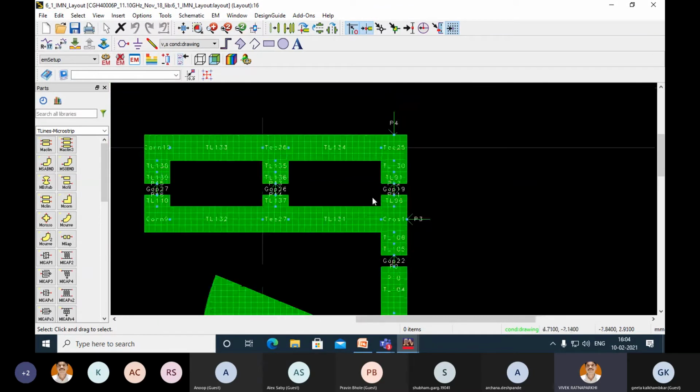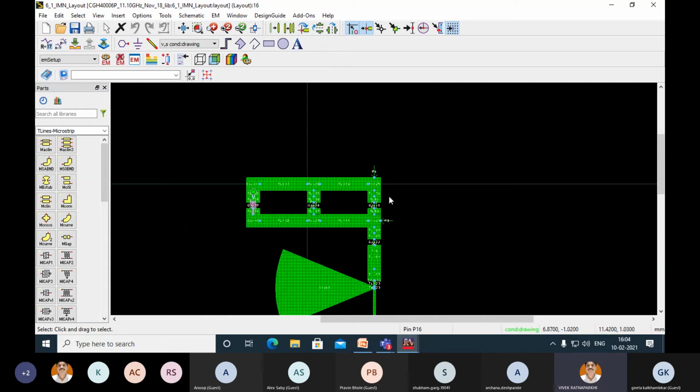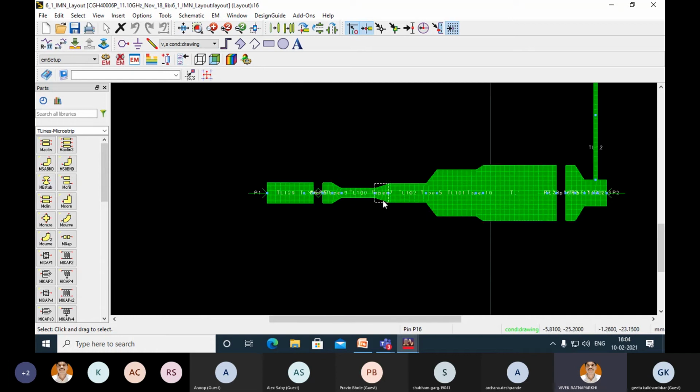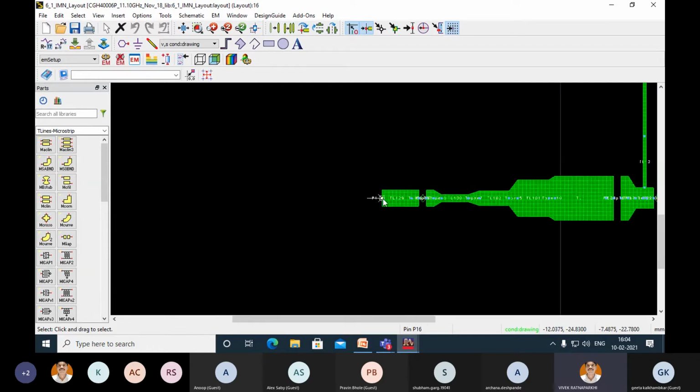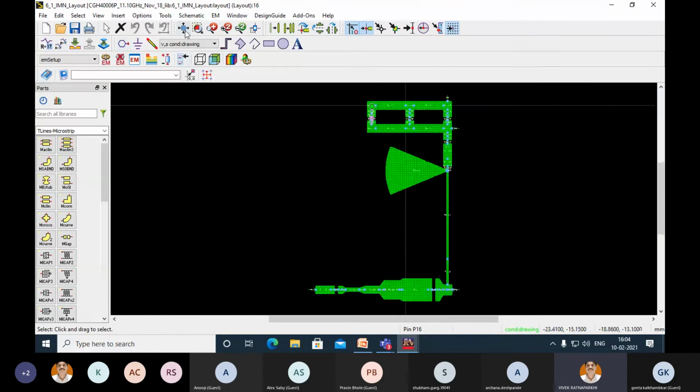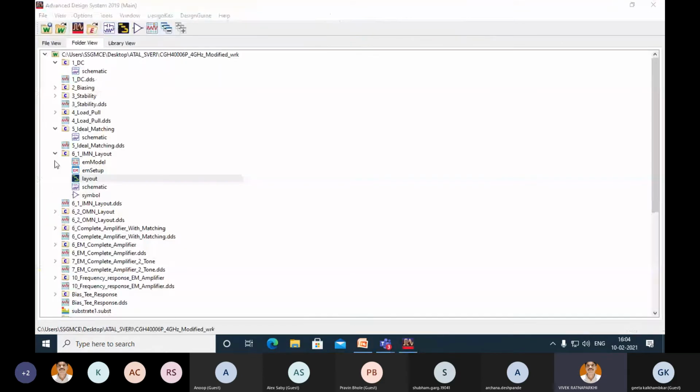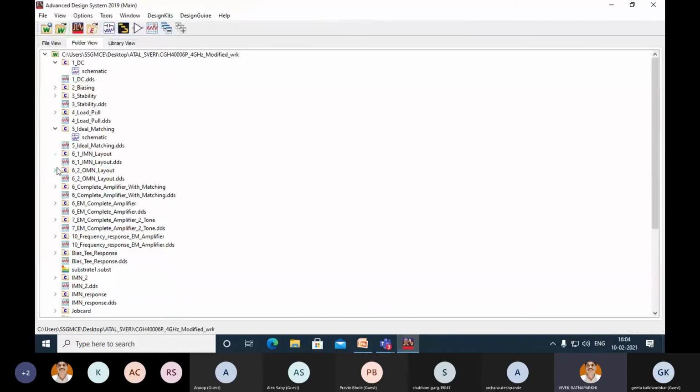Then I have 3 coupling capacitors in parallel, 1, 2 and 3. And here the actual DC will be connected through a jumper wire, which is minus 0.285 volts. Then I have an input matching network, the gap for the coupling capacitor, and here RF in will be connected. The SMA connector will sit here, which will take the RF in into the amplifier circuit. So this is the input section. This is the IMN layout.